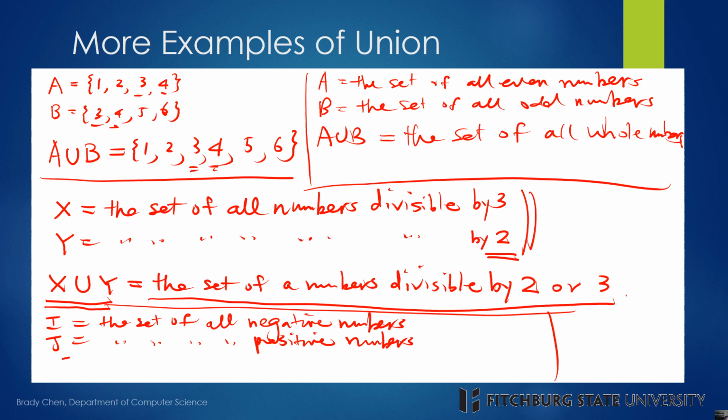What is I union J? Yes, the I union J is a set of all positive or